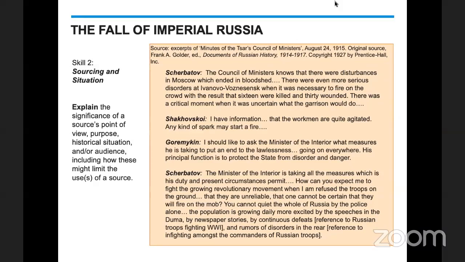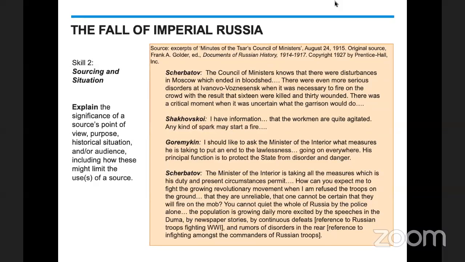1914 in August is when Russia mobilized for war. So it's been almost a year that they have been mobilized and have been at war. And these are minutes of the Tsar's Council of Ministers. I'm going to do my best with these Russian names. I have a Russian speaker in one of my classes, and she cringes sometimes with my Russian pronunciation, but I'll do my best. And so it's a dialogue of these minutes that's going on.